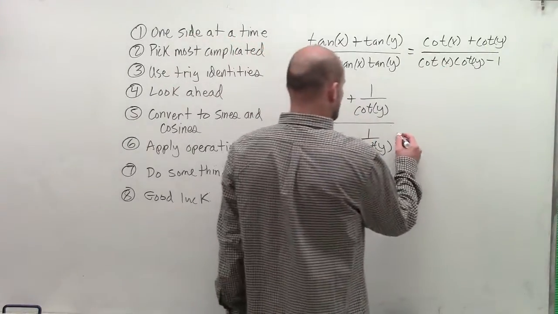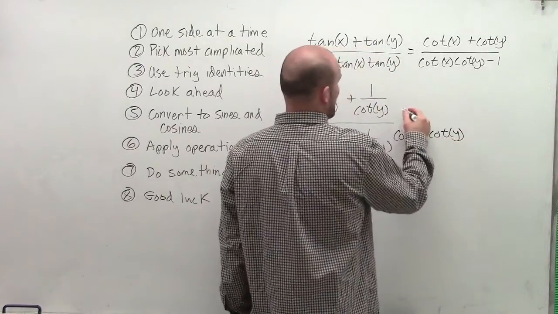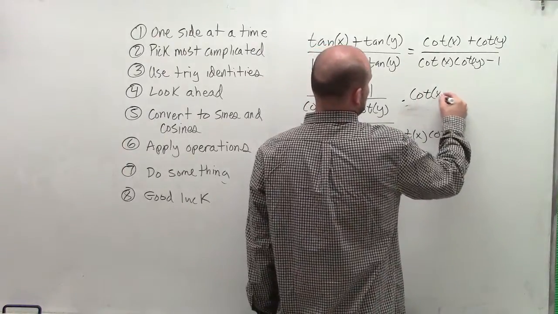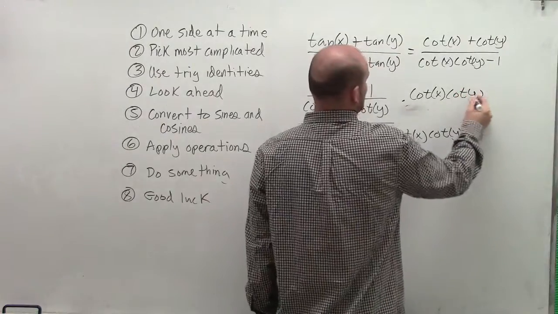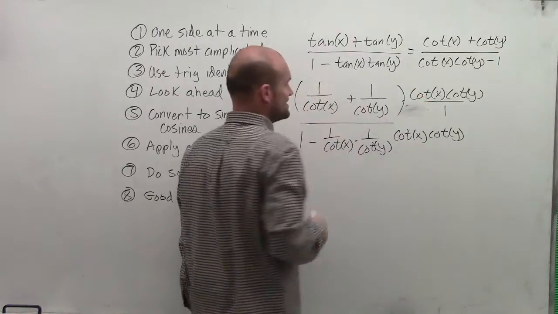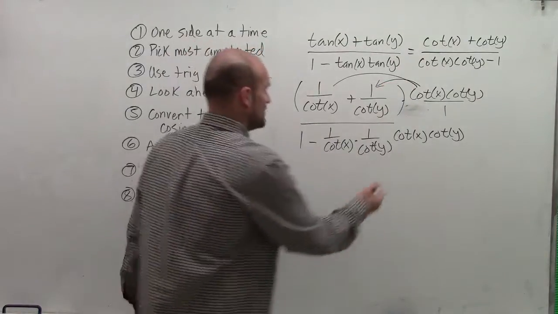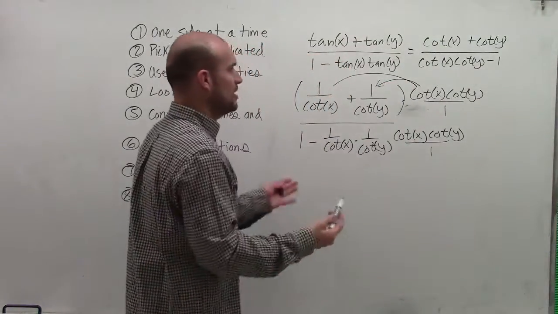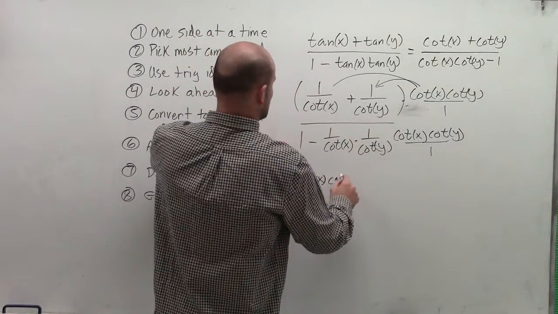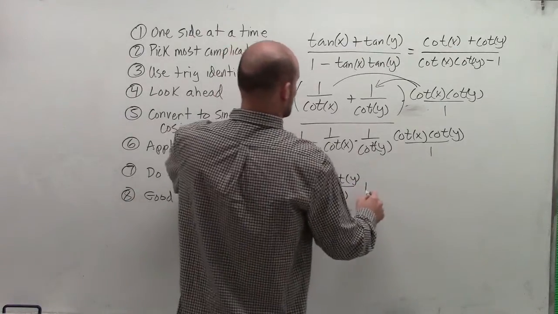So what I'll do is multiply by cotangent of x times cotangent of y on the top and on the bottom. I'll actually put that up top so you guys can see that it's going to be our numerator, over 1. And then let's put it in parentheses so we can remember we need to apply the distributive property. So here, we're going to put these over 1. When multiplying across, let's do my numerator first. I'll have cotangent of x times cotangent of y all over cotangent of x plus